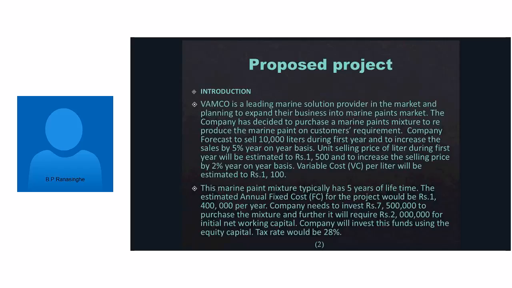This is to mix the paint. This machine typically has a 5-year lifetime. The estimated annual fixed cost for the project would be about 1.4 million, and the company needs to invest to purchase this machine